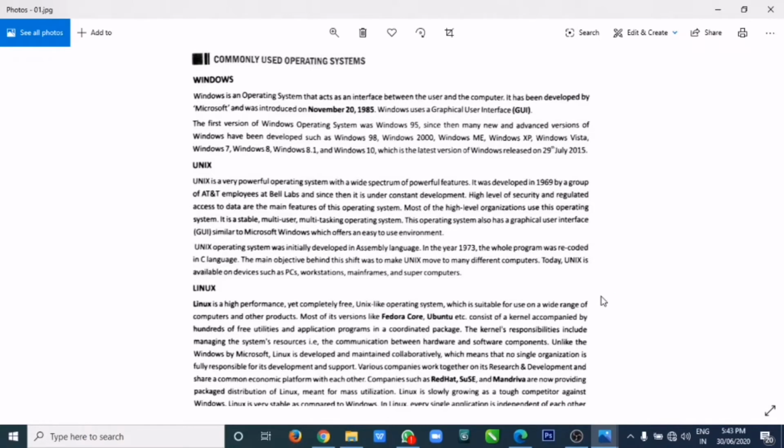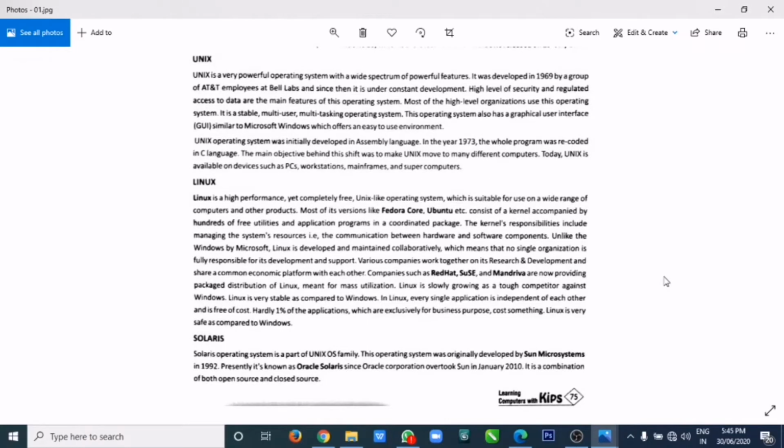It is the leading operating system on servers. Most of the servers, I think 90% of the servers, have installed Linux as a platform, right? And there is a kernel in the Linux operating system, and we already studied about kernel and shell. So the kernel provides security, so no one can reach the hardware of the system without the permission of the kernel. In such a way it provides security also, right? That is why it is used in most of the servers.